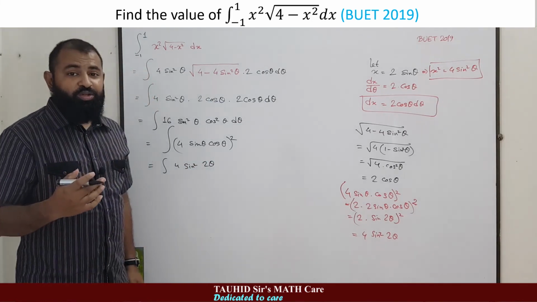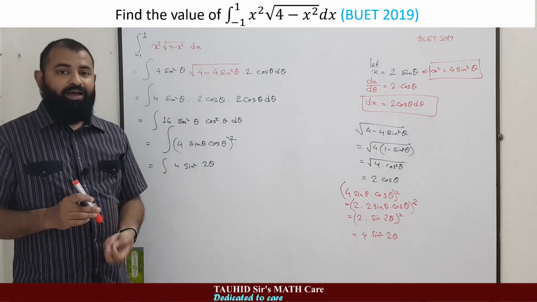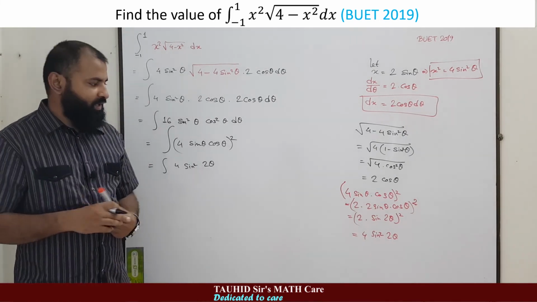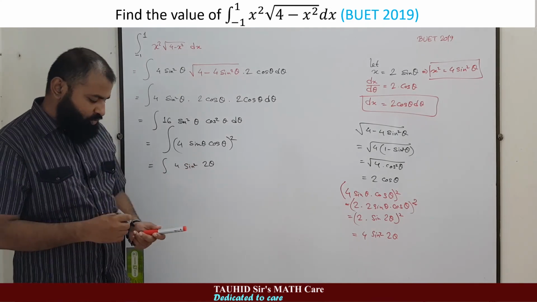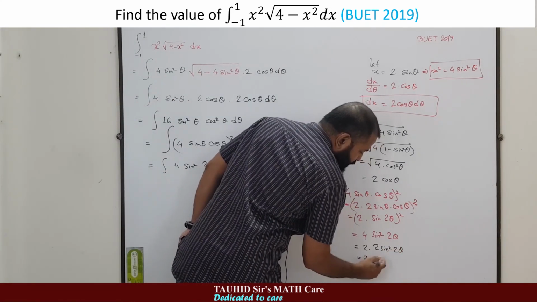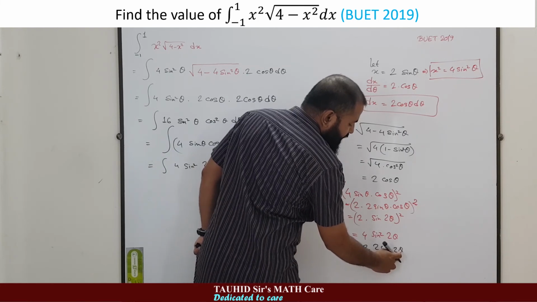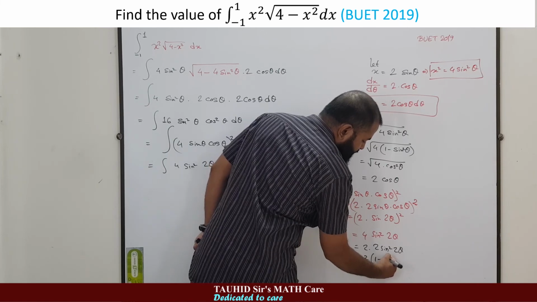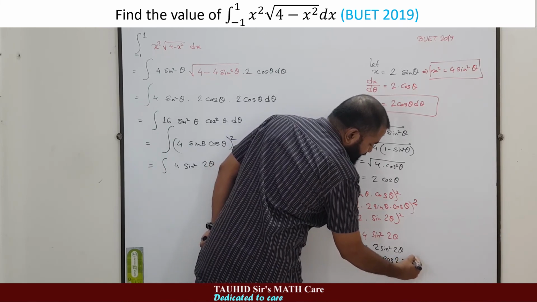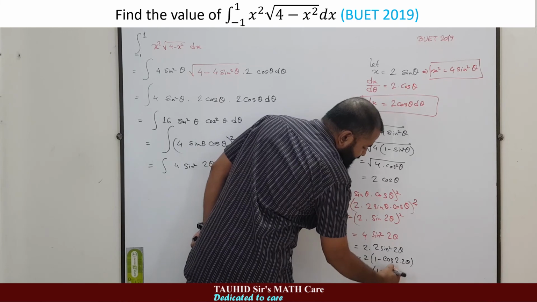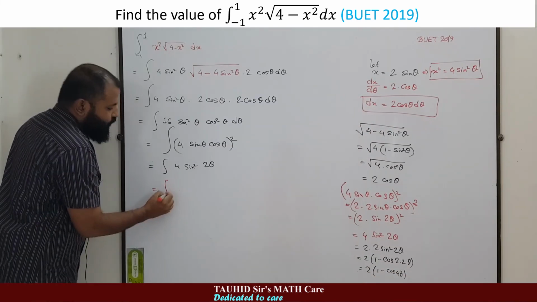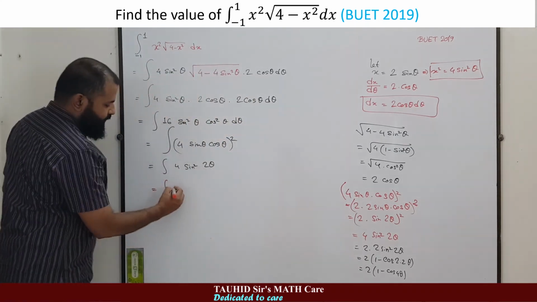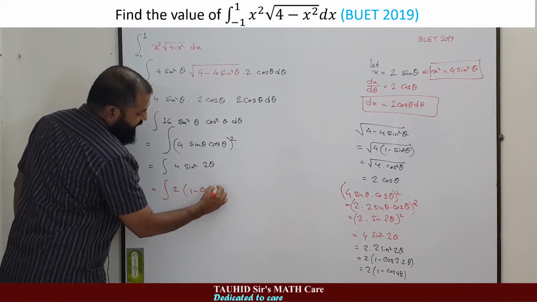But this is no solution either. We need a sine ratio or cos ratio in linear shape, not in square shape. So how to simplify this more? You know that 2 sine square theta means 1 minus cos 2 theta. That means we can write it as 1 minus cos 2 into 2 theta, that means 2 into 1 minus cos 4 theta. So instead of 4 sine square 2 theta, we will write 2 into 1 minus cos 4 theta d theta.